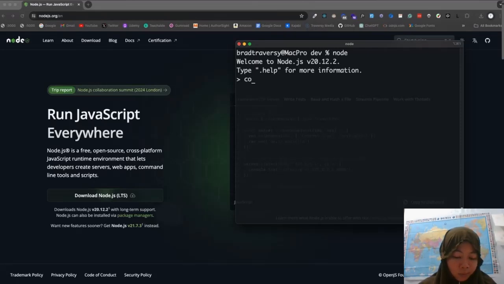We can do a console.log. And obviously when you're doing front-end JavaScript, the console pertains to the console in the browser. This pertains to the terminal. So if we do console.log hello world and run that, it's going to just